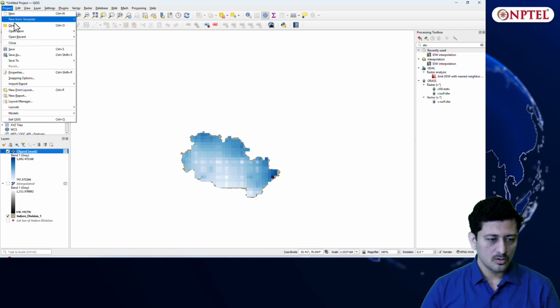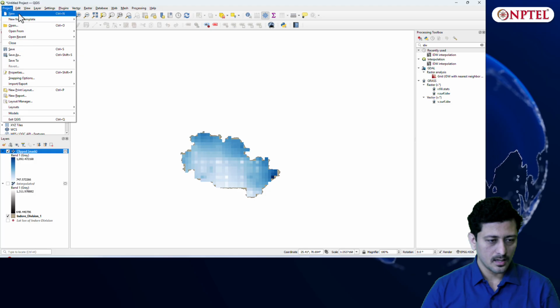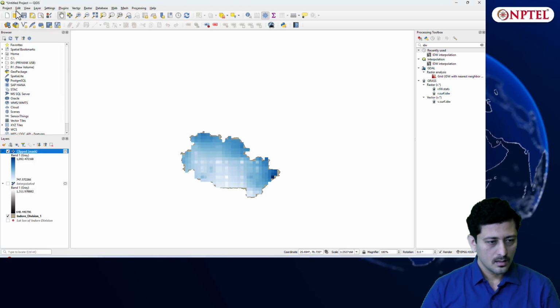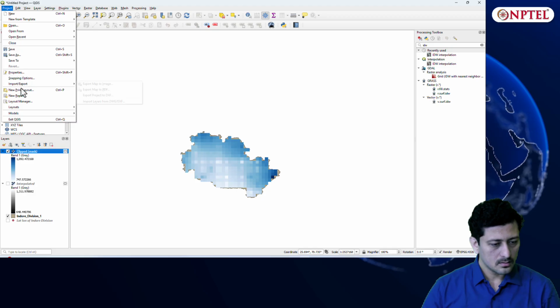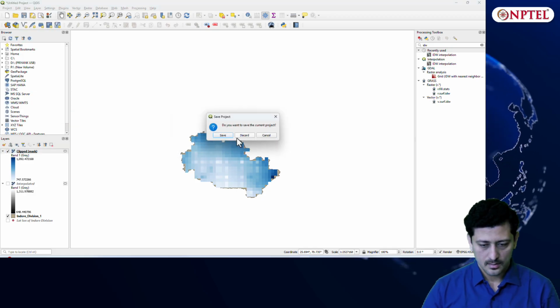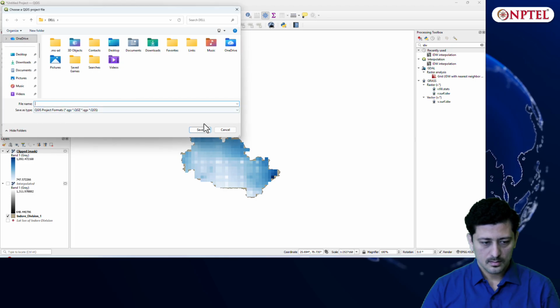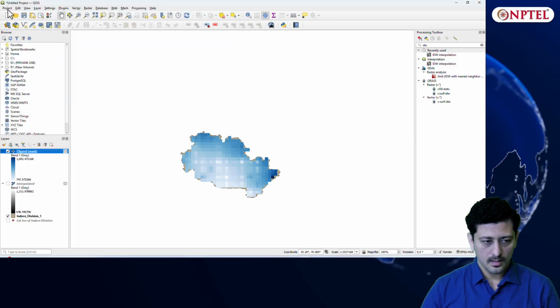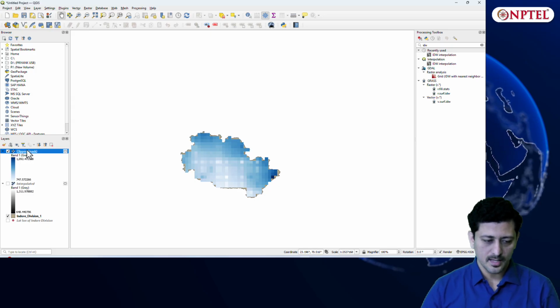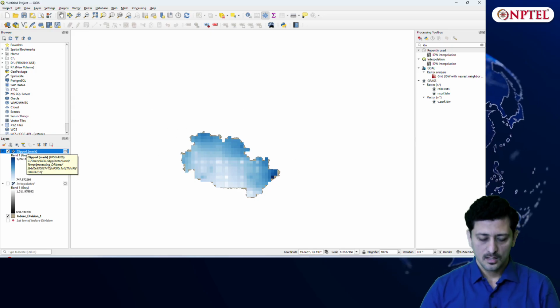If I want, I can go to Project and create a new project and export this so that you can get it in a map format also, but this way also you can visualize. Colors can be changed as and when required.